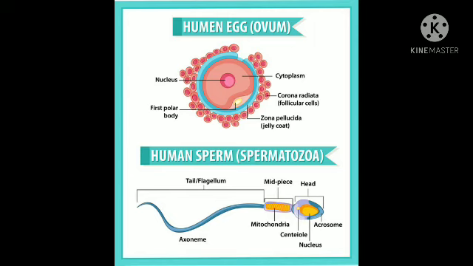All the other organelles are also absent in the sperm except the mitochondria, which provide mobility to the moving sperm. Now, the body of the sperm is divided into four parts. First one is known as head, second one is neck, third one is middle piece, and fourth one is tail. The head comprises two parts, the nucleus and the acrosome.